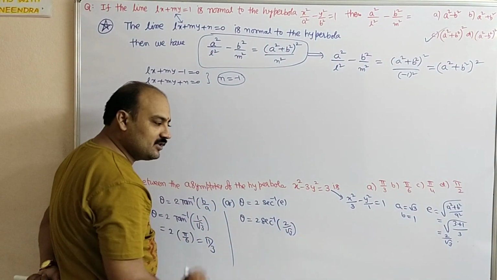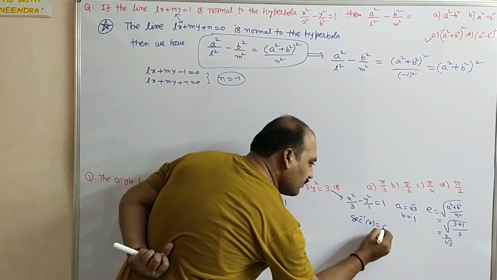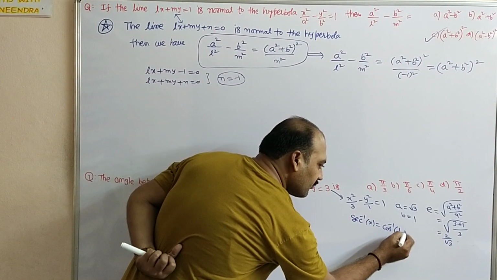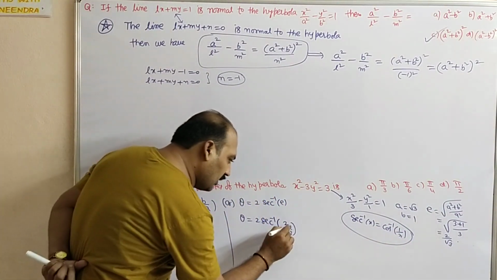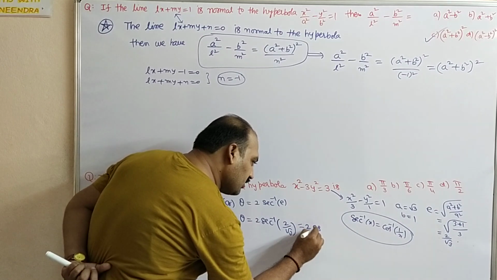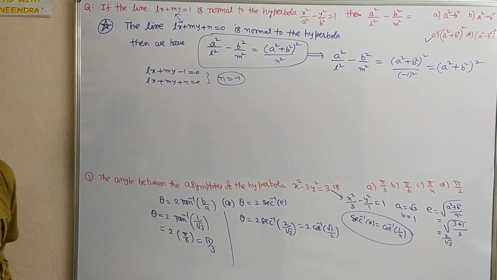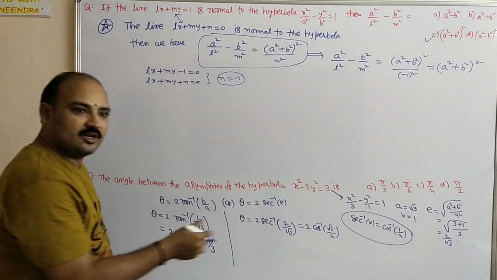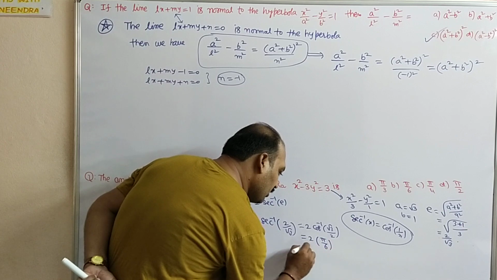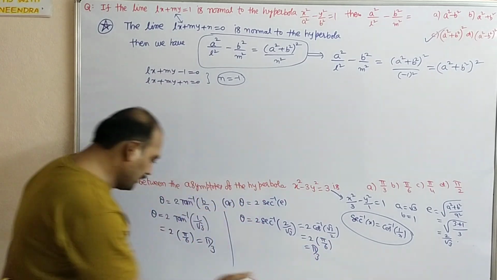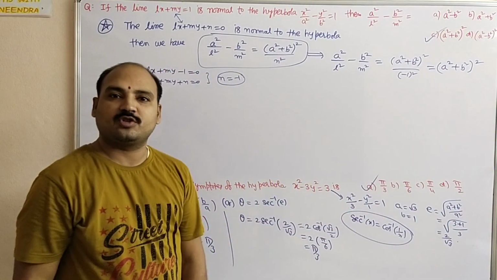We know that in inverse trigonometry, secant inverse of x is equal to cos inverse of 1 by x. This is a formula in inverse trigonometry. So it becomes 2 into cos inverse of root 3 by 2. Root 3 by 2 in terms of cos, for what angle will it come? Cos 30. So 2 into pi by 6, that is equal to pi by 3. Either in this case or in this case we will get the answer pi by 3. It is there in the first option.